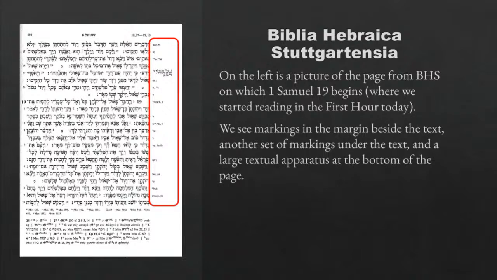They added all of these things to the text, but they also added marks to give us statistics about the text and how many times this word appears and where it appears and all of these things. The right side of the page is called the Masorah Parwa, the small Masorah, Masorah Tana. The bottom, the green section that I've got circled there, is the Masorah Magna, which is the Masorah Gdola, and it is